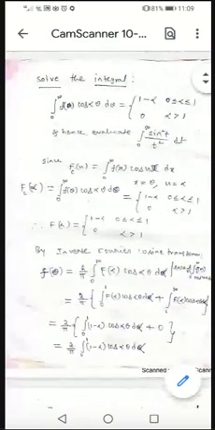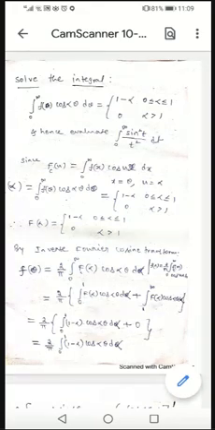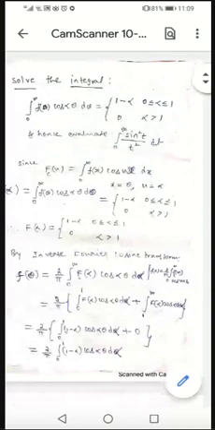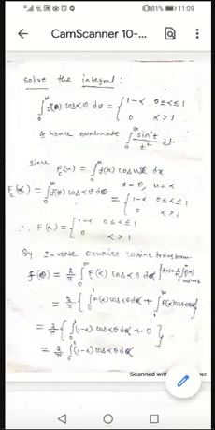Now by the inverse Fourier cosine transform, because he has given the Fourier cosine transform terms, that is what we use to evaluate. You already know that, I already told you: any time an evaluation comes, we have to apply the inverse of what they have given. If they give the cosine transform, I will apply the inverse Fourier cosine transform. If they give the sine transform, I will apply the inverse Fourier sine transform. If they give the Fourier transform, then I will apply the inverse Fourier transform. So here also I am going to apply the inverse Fourier cosine transform.